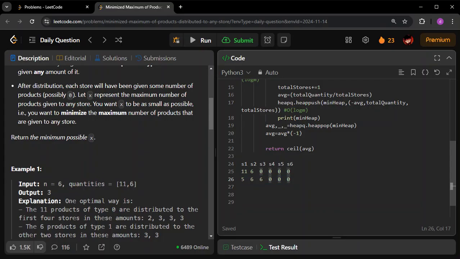So what we can do now, this particular 6, I will see this is the highest, right? This is contributing to my answer, so I will again divide it by 2. So 3 and 3. This will remain 5, this will remain 6, this will become 3, and this will become 3. So what happened is I distributed the one which is connected to the answer into 2. I divided them, as simple as that. I still have 2 which are empty, so I can still assign something here also.